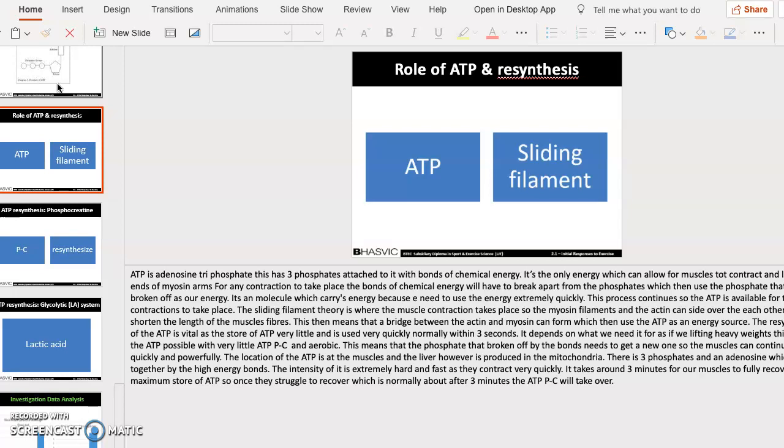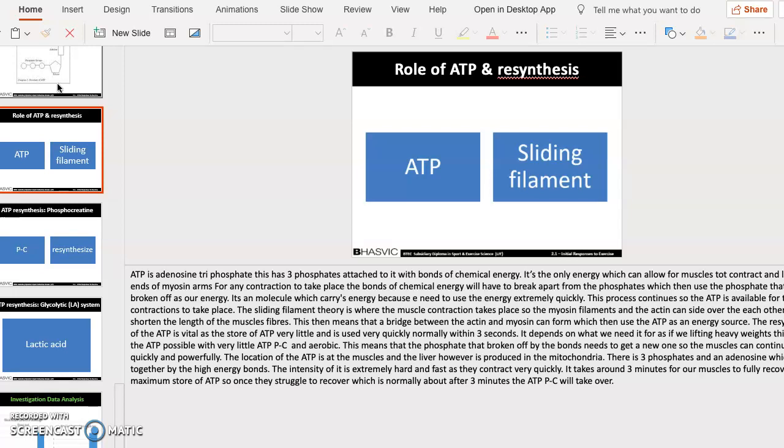It's a molecule which can carry energy because we need the energy extremely quickly. The process continues so the ATP is available for the contractions to take place. The sliding filament theory is where the muscle contraction takes place. The myosin filaments and the actin can slide over each other so they shorten the length of the muscle fibers. This means that the bridge between the actin and myosin can form, which then uses the ATP